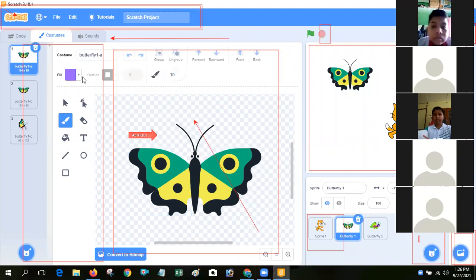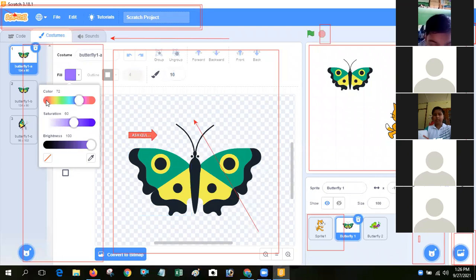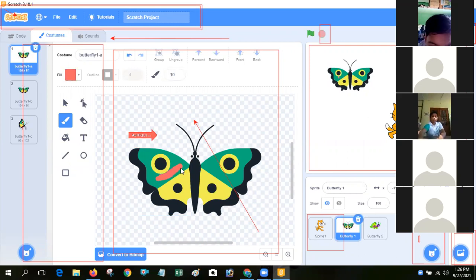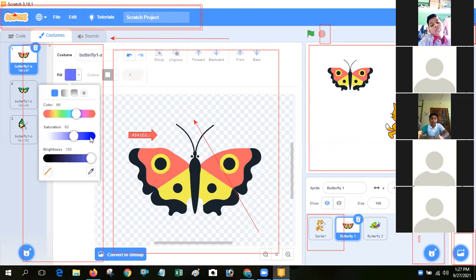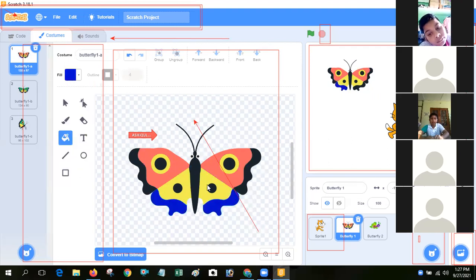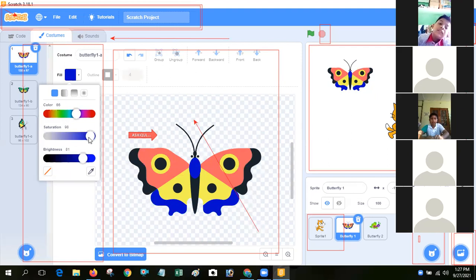Suppose I have to change this color, red color, or fill color. Suppose I use blue color. Green color.